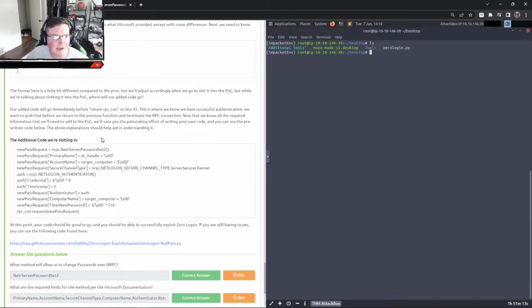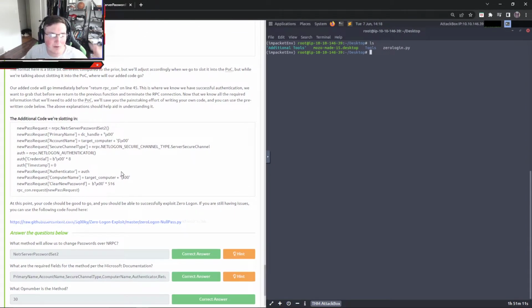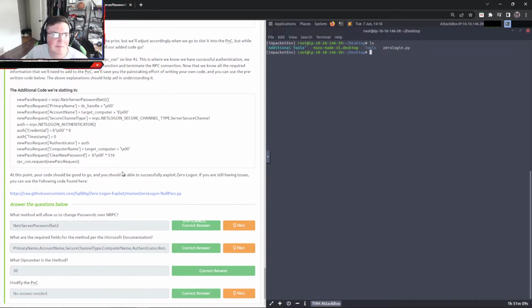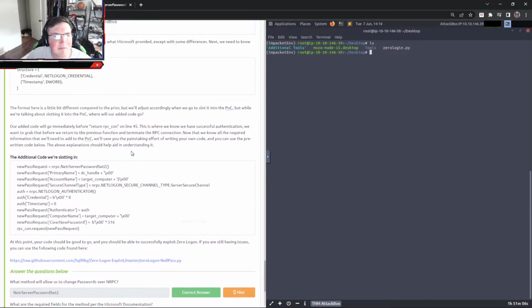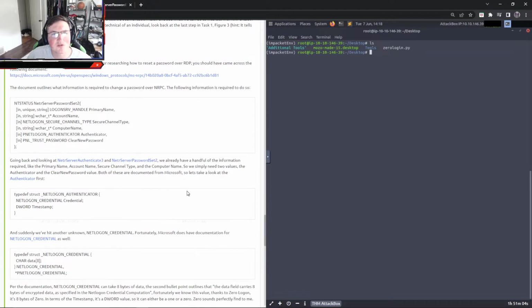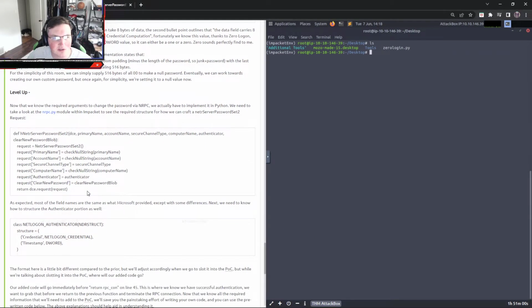So they're breaking down for you what is required if you were going to do this yourself. But they do give you the code here, because the initial script at the top doesn't have this additional information in it, because the script didn't know what Microsoft requires when it was created.